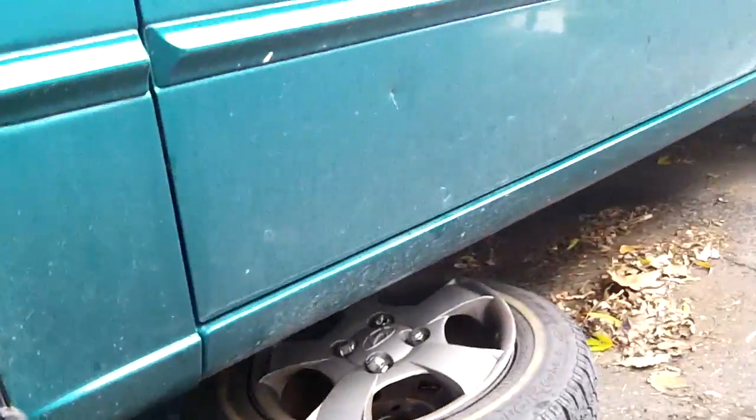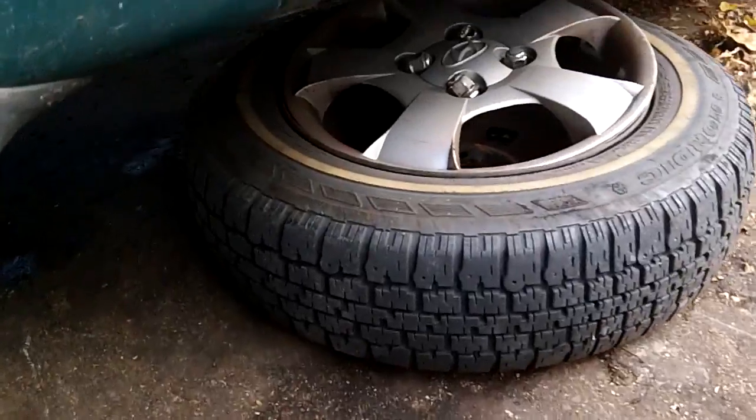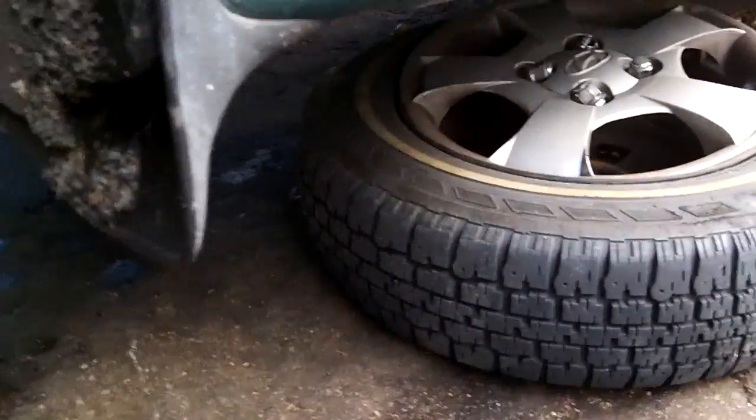Okay, remove the wheel, put the wheel under the car, just in case something happens and it falls. It's always better for it to fall on the tire. Just put it under the frame rail that goes from front to back. It's better for it to fall on the tire than to fall on you or flat on the ground. And pulling off the top strut,